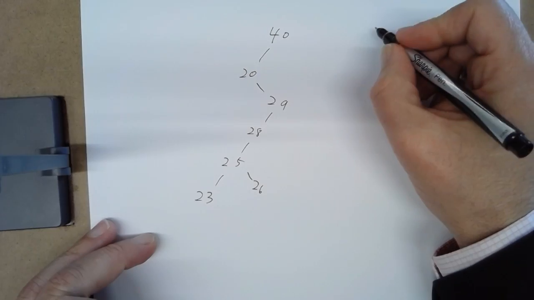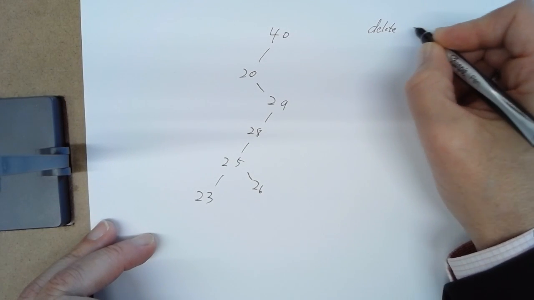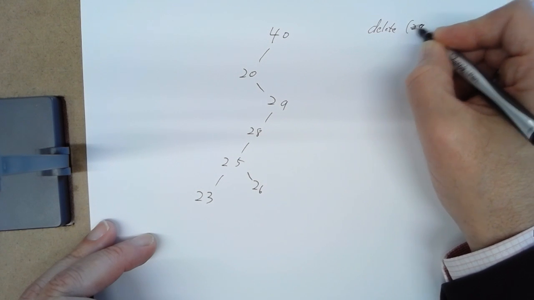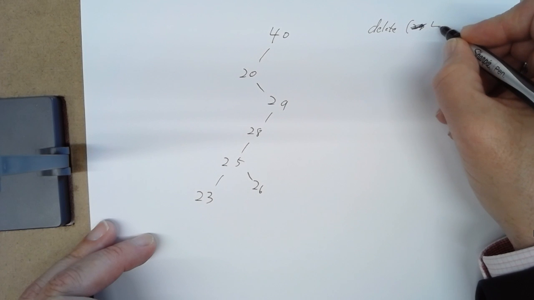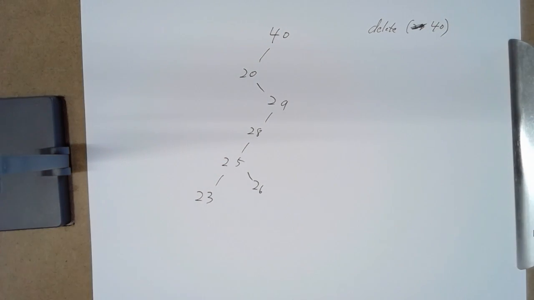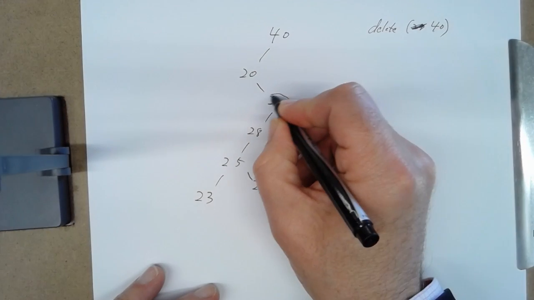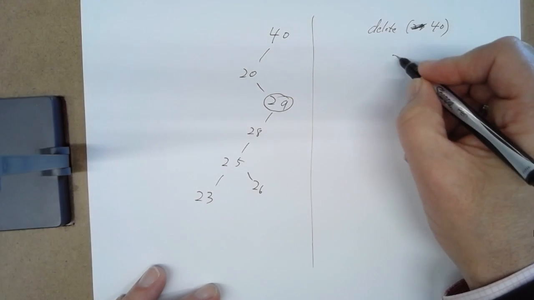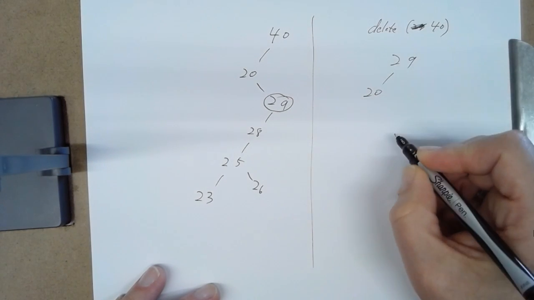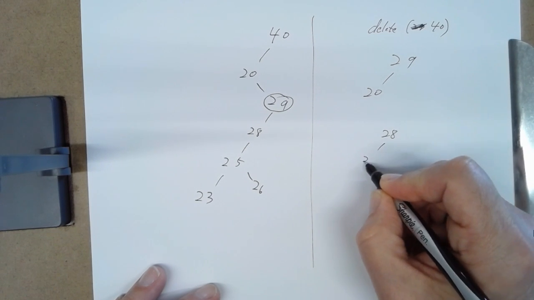And let's delete the 40. So we're going to find the largest node in the left subtree, which is going to be this 29 right here. So we're going to put 29 up at the root, and then we're going to have this orphaned entire